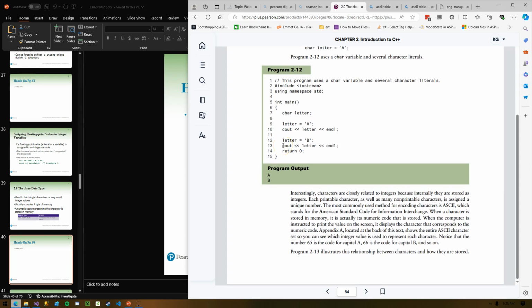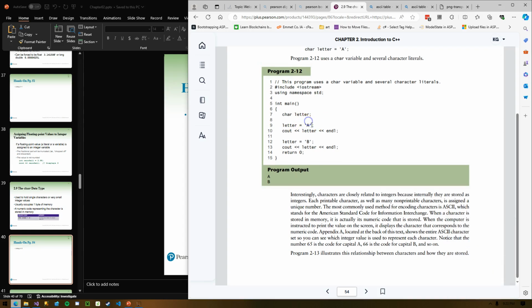Here's a sample program illustrating a char. So we have char letter. Letter equals the character A. Notice the single quotes. And when we print that out to the screen, we see a letter A. Same thing for the letter B. Remember, uppercase A is not the same as lowercase a.